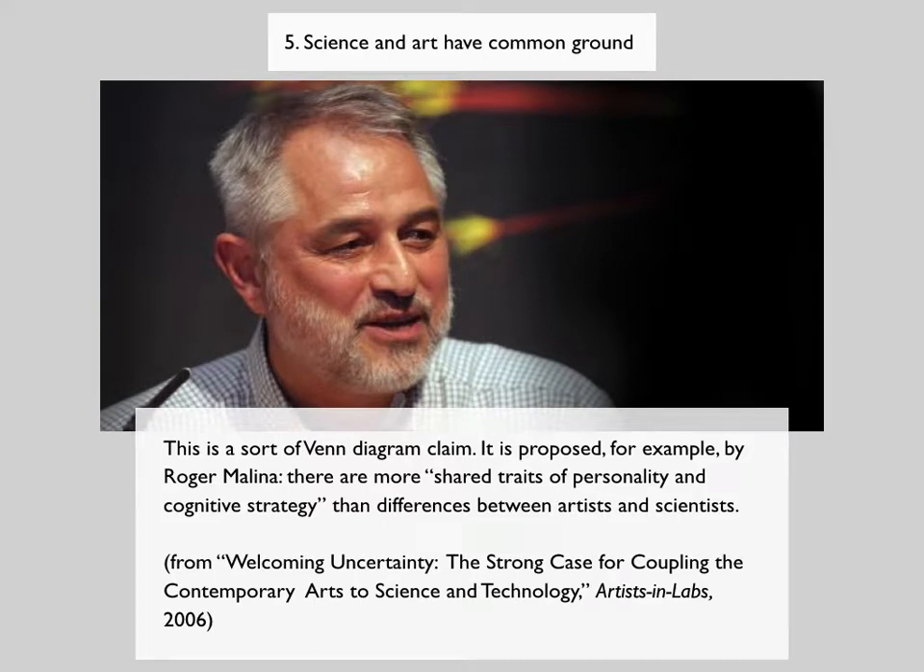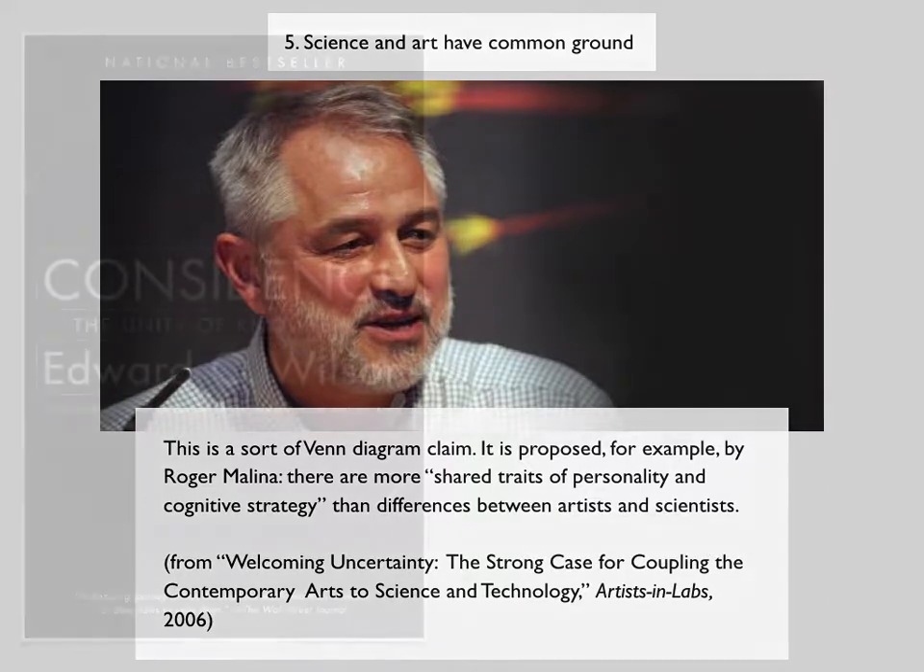The fifth of the models is that science and art have a common ground. This is what I call the Venn diagram claim. Roger Malina, who's the longtime editor of Leonardo, is an example of this. He's argued that there are, quote, more shared traits of personality and cognitive strategy than there are differences between artists and scientists. This Venn diagram claim takes a number of entirely different forms because it's just an armature,